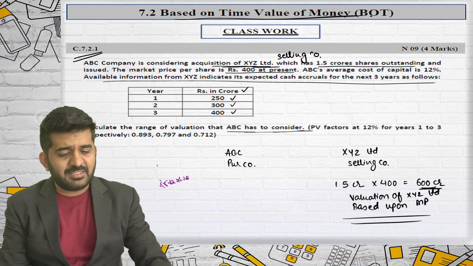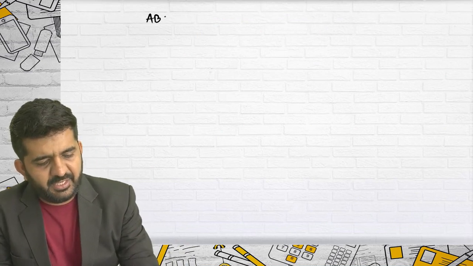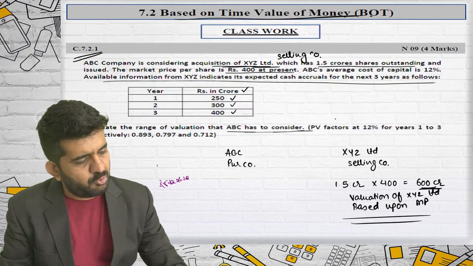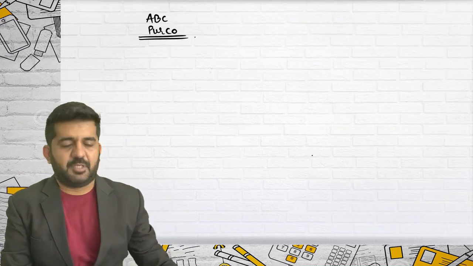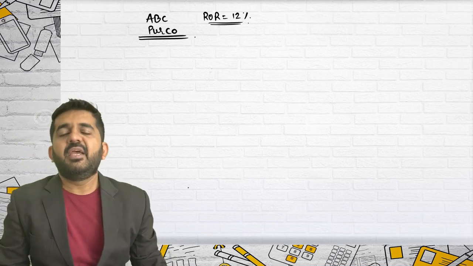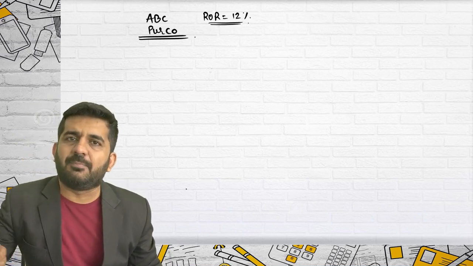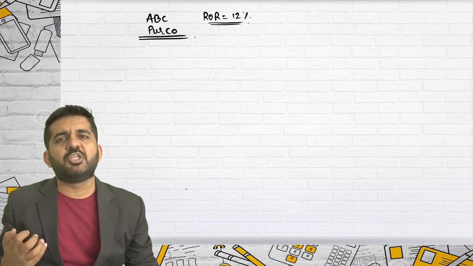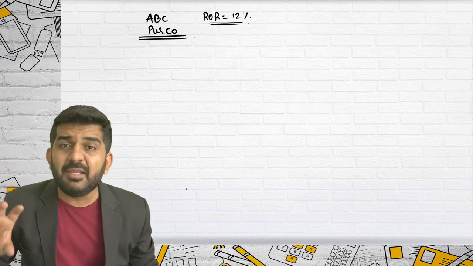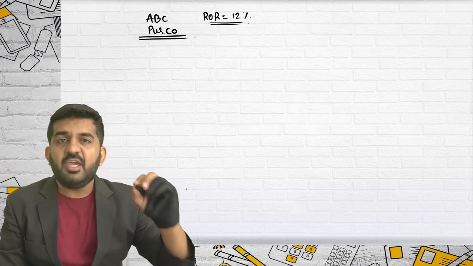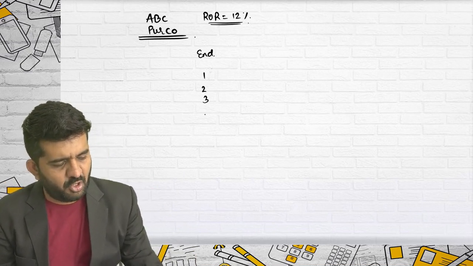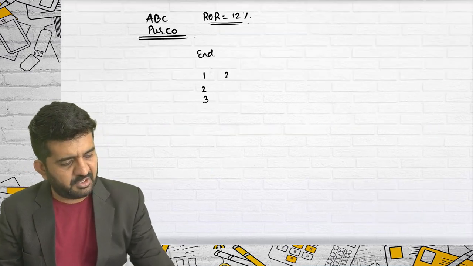Alright. Let us see our situation. Who are we? ABC, which is the purchasing company. First, our discount rate or required rate of return or cost of capital is 12%. Our required rate of return is 12%. See, what does this mean? Any project which is earning me more than 12%, I undertake that project. Any project which is earning less than 12%, I don't undertake that project. Alright. So, my minimum required rate of return is 12%. If I purchase XYZ Limited, what cash flow will it be giving at the end of each year for the period of 3 years? 250, 300, 400?